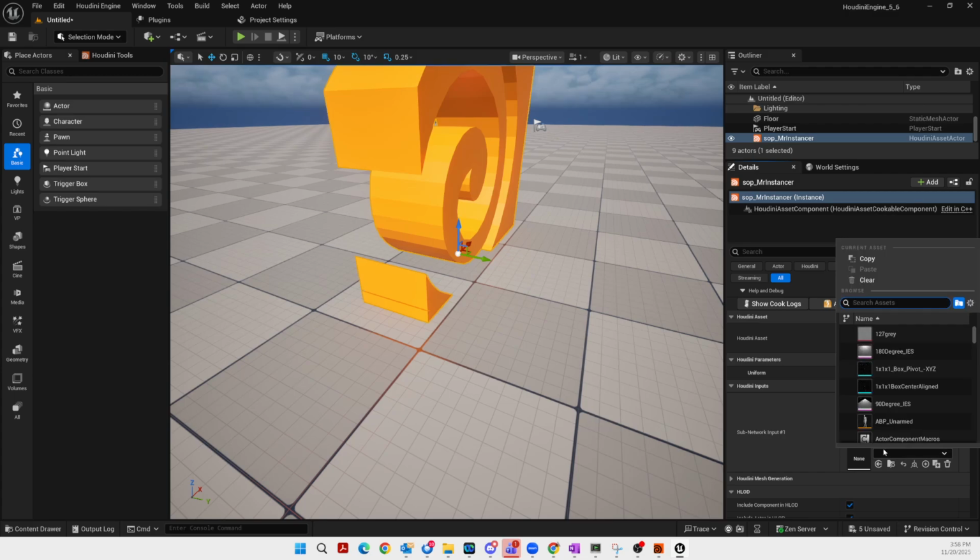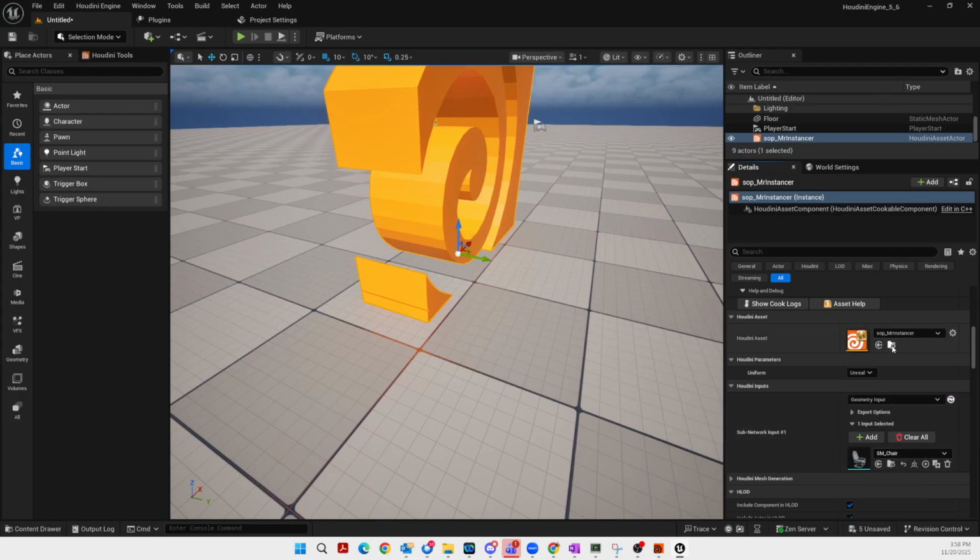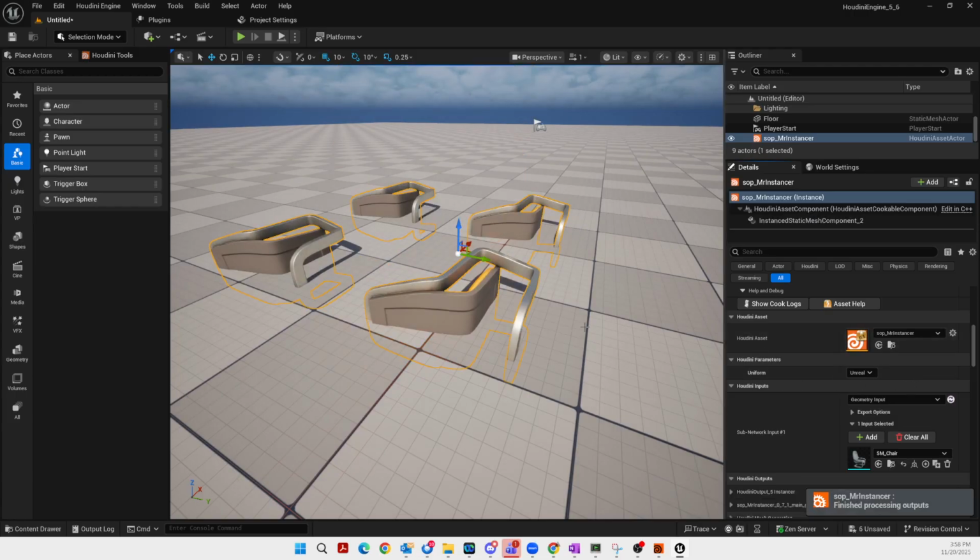And so what I'm going to do is change this over to something like the bench. SM underscore bench. All right. Didn't find it. Come on. Give it to me. SM underscore bench. Oh, I know what I want. It's chair. I've got bench on the brain. All right, we put that in here, and now it instances each one of the Unreal benches into that